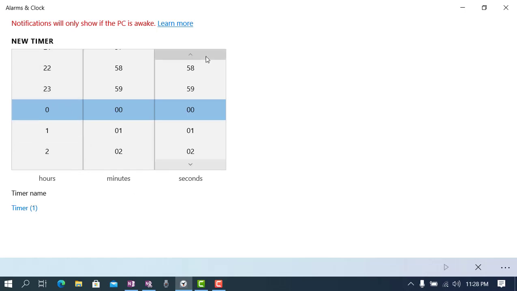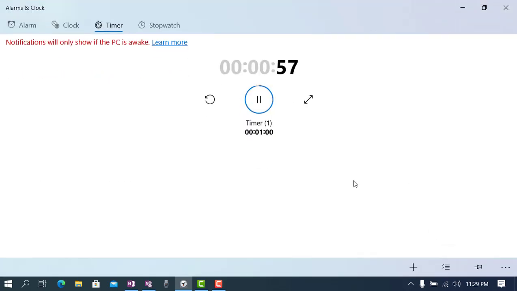This table has 3 columns. The first column is hours, the second is minutes, and the third is seconds. For example, we want to check the alarm, so we can set a 1 minute timer and click on the start button. As you can see, the timer is starting and counting backward. After 50 seconds or less, a pop-up will appear and remind us, and some beep will come from our system. So we wait for 30 or 40 seconds to see the effect of this procedure.